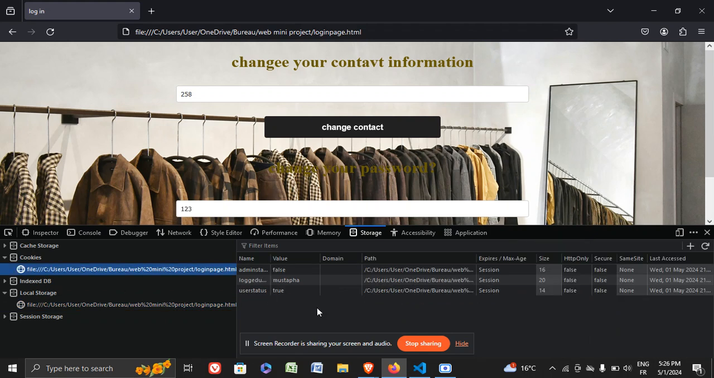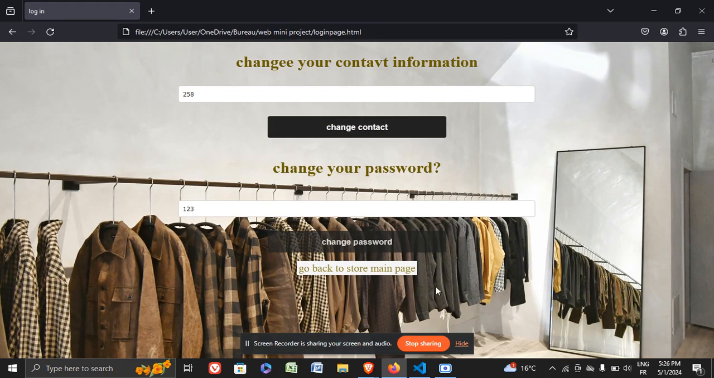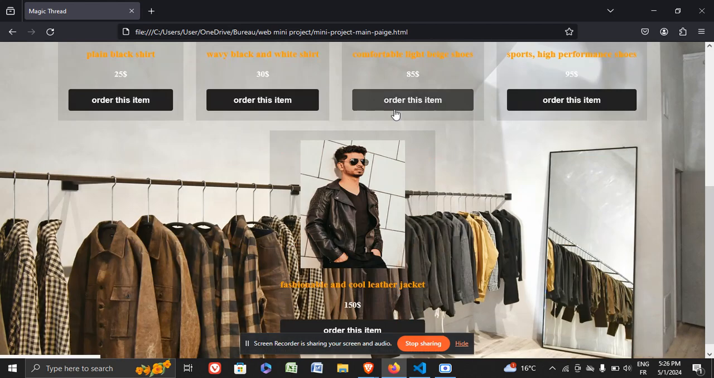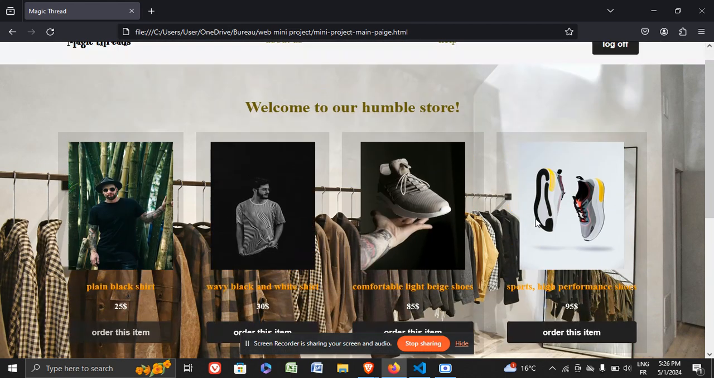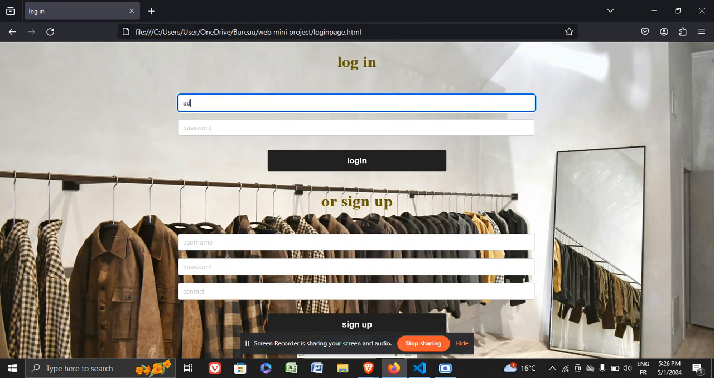Now the website is managed by three very important cookies. One of them checks if the admin is on or not. One of them checks if the one who's logged on is a user, like I am. And this one takes the value of whoever is logged in. So when we take orders like we did previously, or let me just take them again, we can see that if we go to the admin,